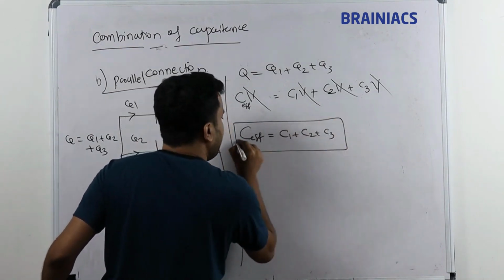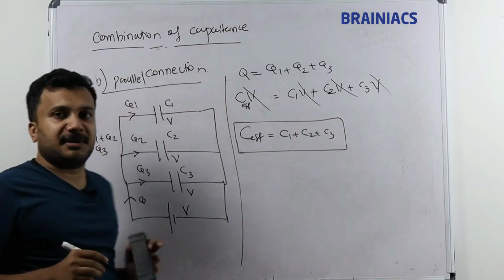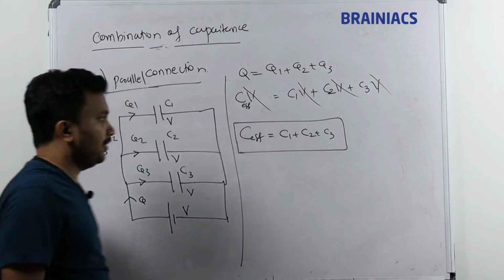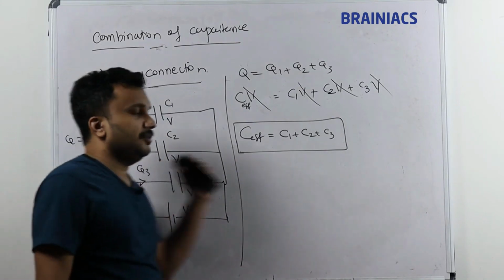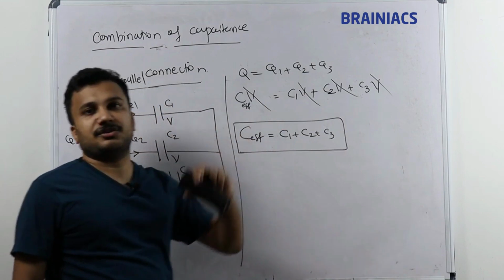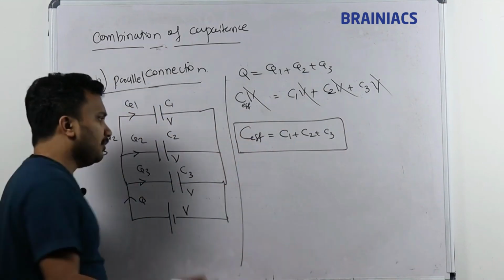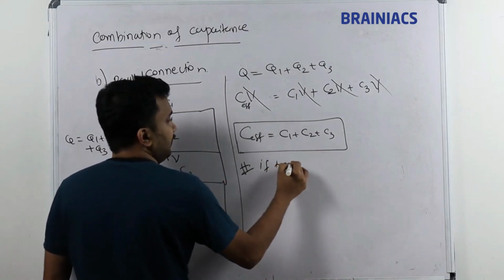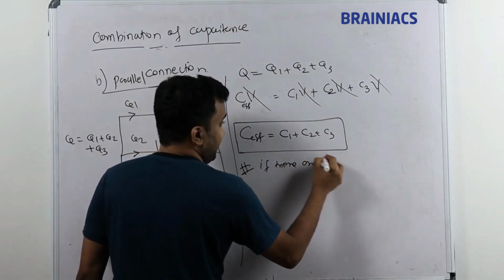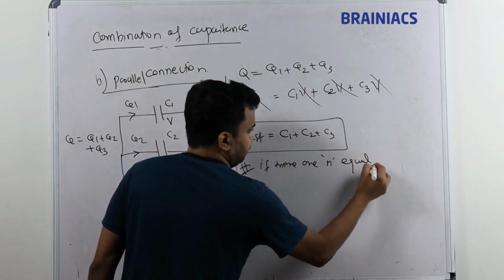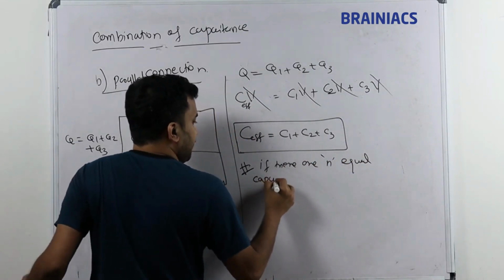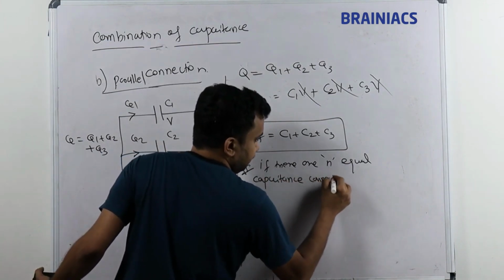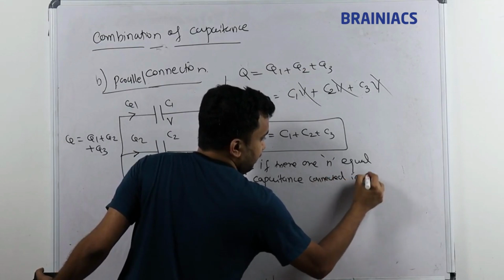As I told before, I have taken only 3 capacitances here. That's what you are getting: C1, C2, C3. But if you have multiple capacitances, your answer will get extended. Okay, now I will ask a general question to note. If there are n equal capacitances connected in parallel,